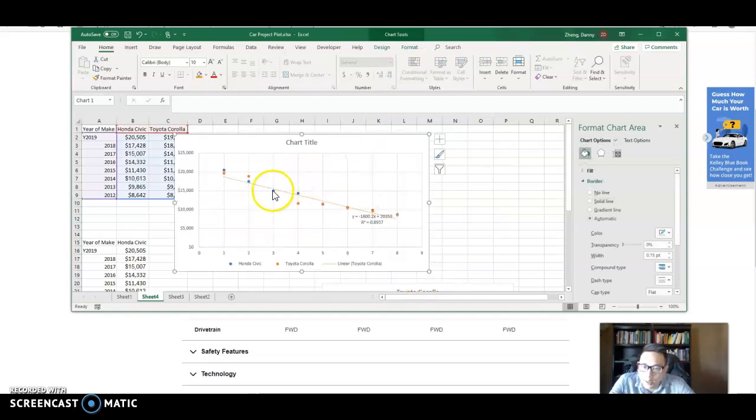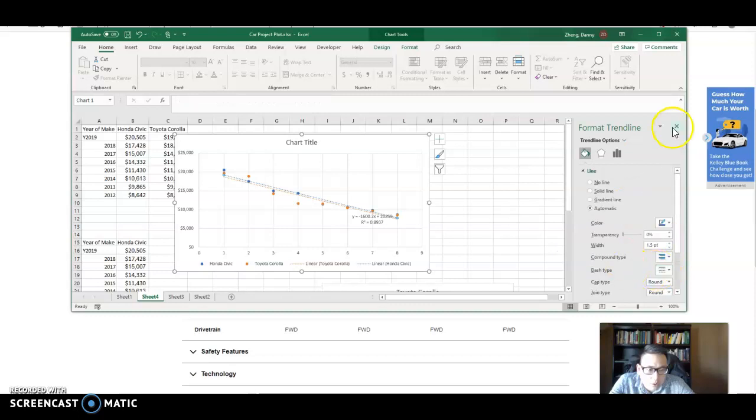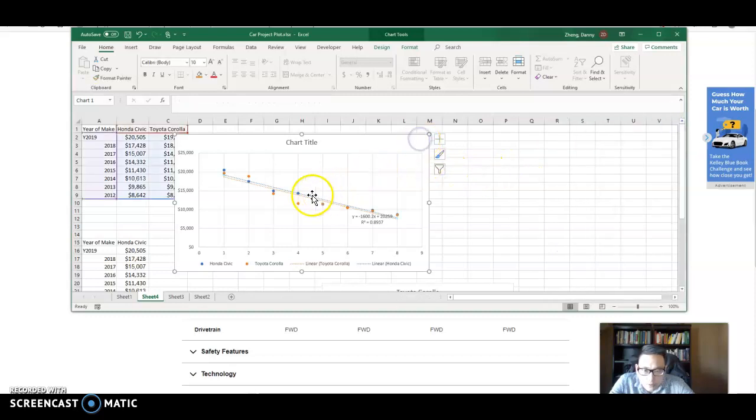So that, and you can find out the regression for the blue one. So you do the same procedure, more options, more. Sometimes it does not show up the first time, so